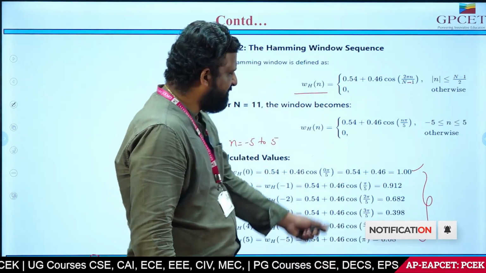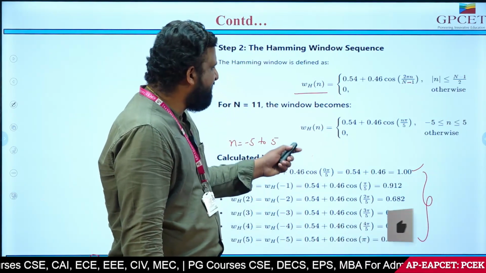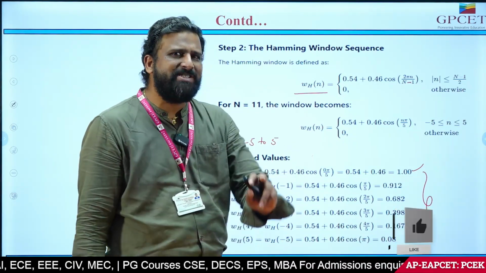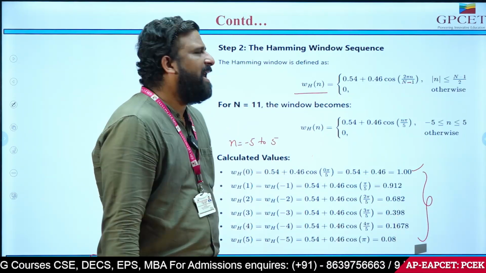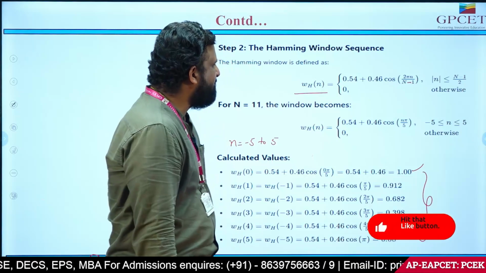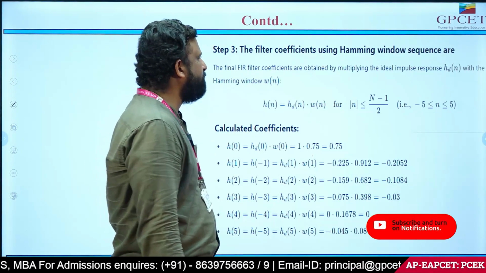So what sequences do I have here? I have all 5 sequences of the Hamming window. So I have found 2 things here. The first one is hd of n, the second one is the Hamming window sequence. In the next step, we are going to find out the